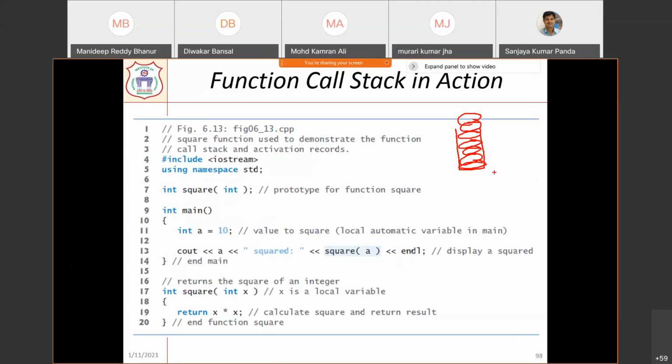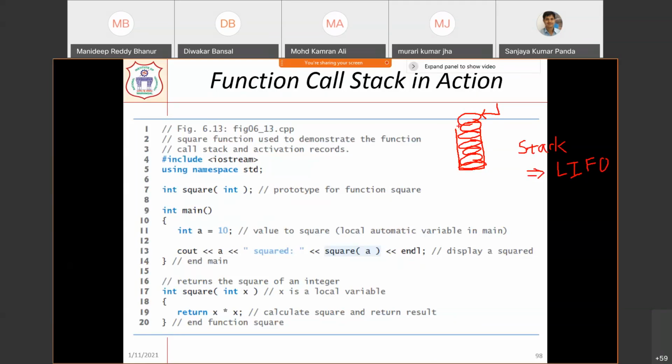Which plate is inserted first? The bottom one. Then the second plate, third plate, fourth plate, like that, right? So you are picking the topmost plate. The plate which is inserted last, you are going to pick that plate. And the plate which is inserted first is going to be out last. So this is called the concept of a stack, which follows one structure that is called last in, first out. Whichever is inserted